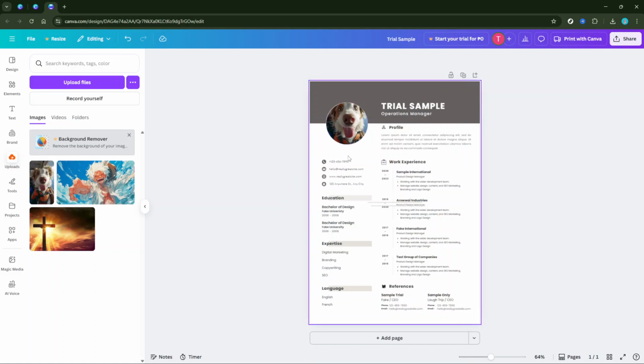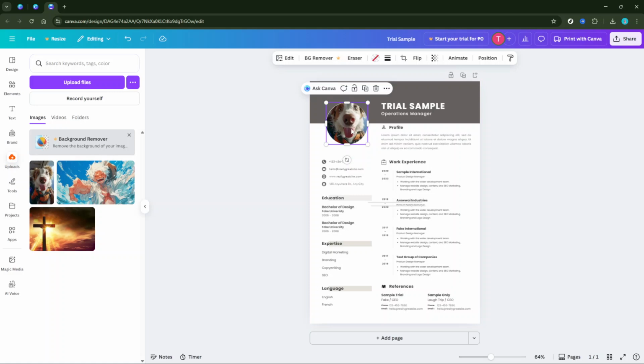Once your picture is on your canvas, we can fine-tune its size and location. To resize or move the picture, click on the image itself. You'll notice little circles, known as handles, appear at the corners and sides. Click and drag these handles to adjust the image's size, bigger or smaller, whatever works best for your layout. If the image isn't quite where you want it, you can click and drag it to the perfect spot.